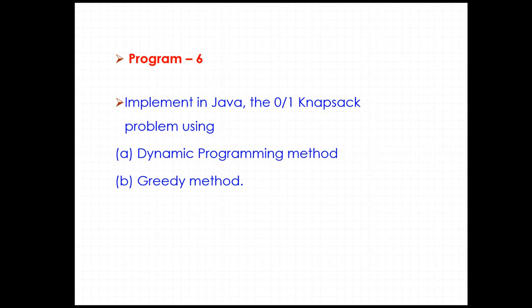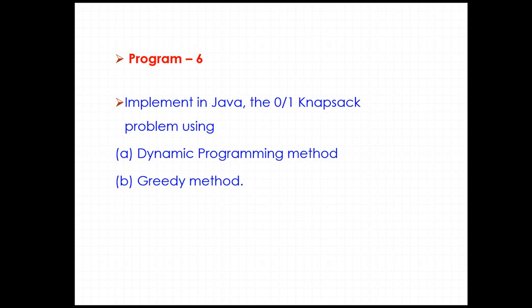Everyone, now I'm going to explain your sixth lab program. The sixth program will have A and B, two programs. That is the implementation of the Knapsack problem: 6A is by using the dynamic programming method and 6B is by using the greedy method. When it comes to the greedy method, we already know how the problems are going to be